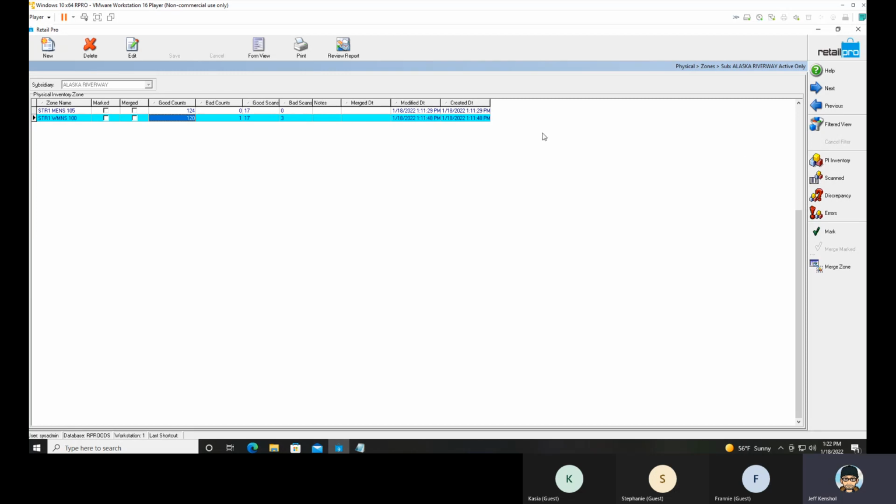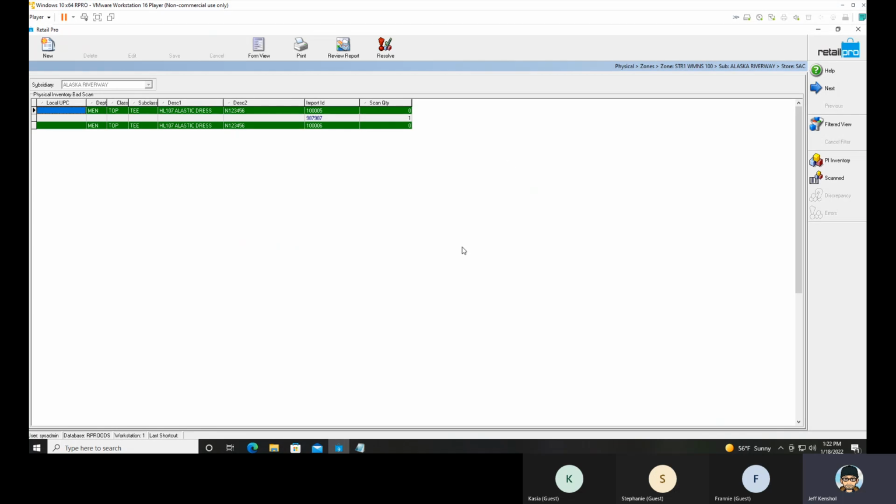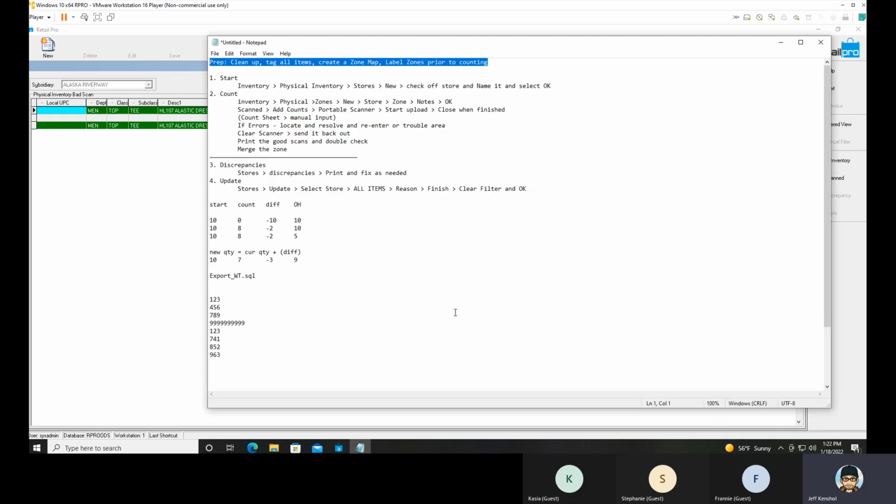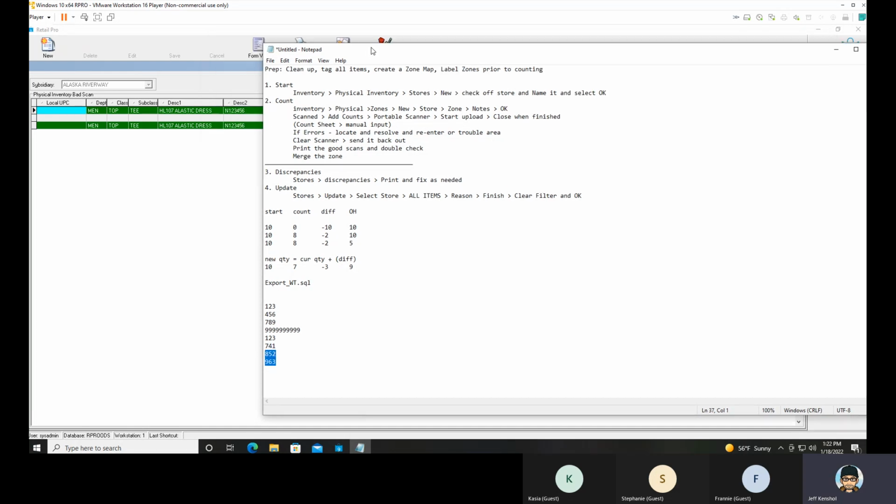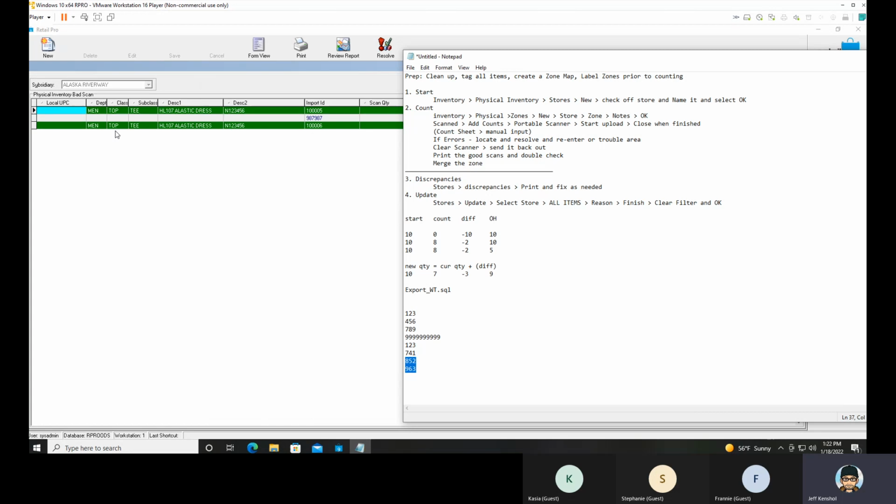I want to talk a little bit more about the errors that we can get. So if we have an error here, right? Let's say we're scanning items, beep, beep, beep, and we get an error, and we keep scanning. Now, the bracketing screens, the items that scan before and after, are showing up right here. In my example here, what would be the bracketing items? Well, it looks like it'd be 789 and 123, right? Except it would be 789 and 741 that would show up in this bracketing screen